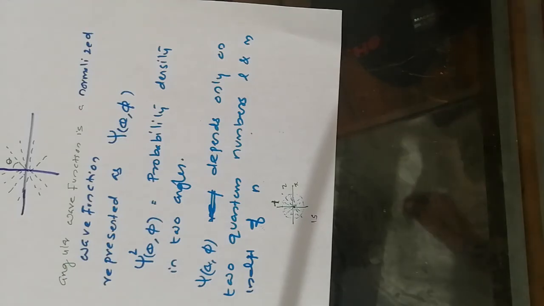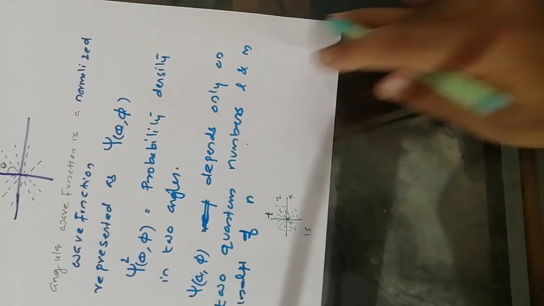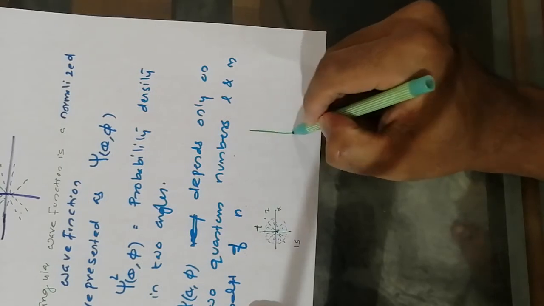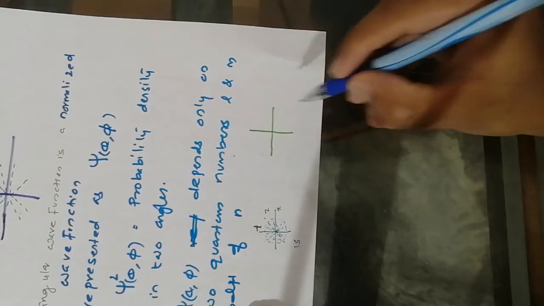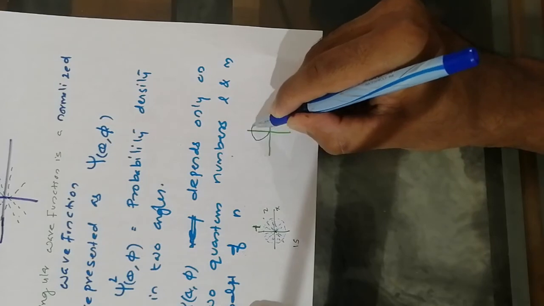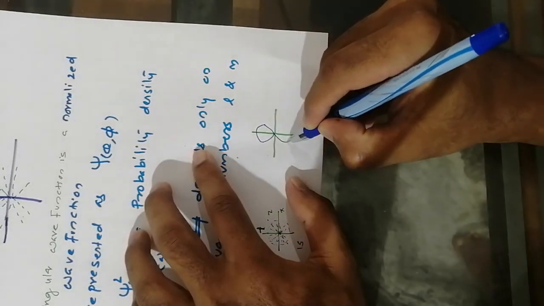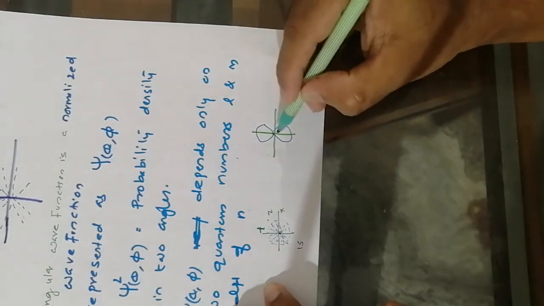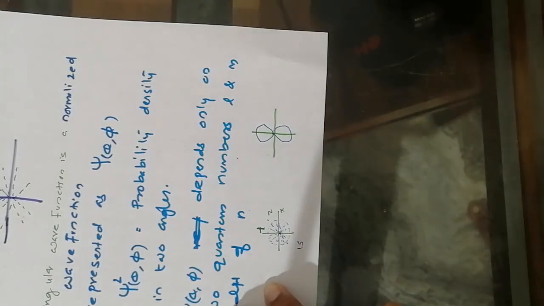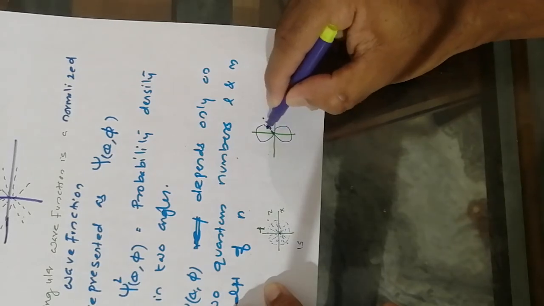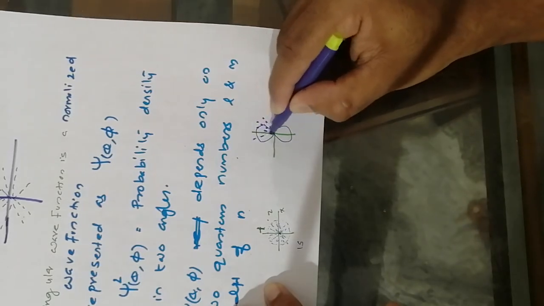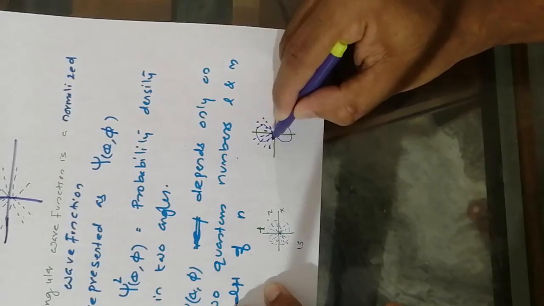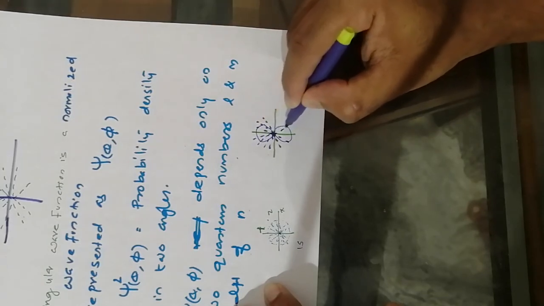Similarly, for the pz orbital, this is your shape of the orbital. This is our shape of the pz orbital. How do you get it? This is obtained by plotting probability density at different angles around the nucleus,